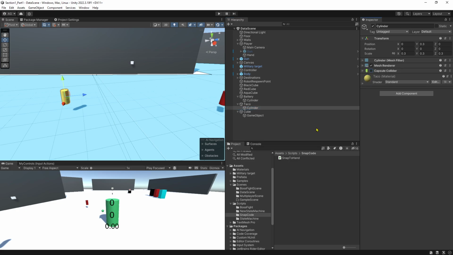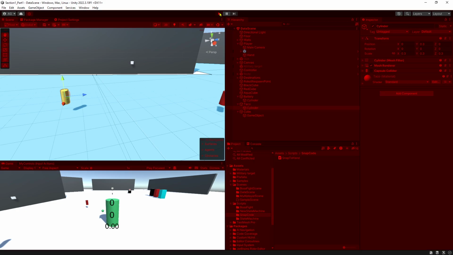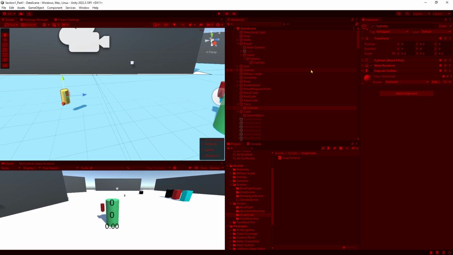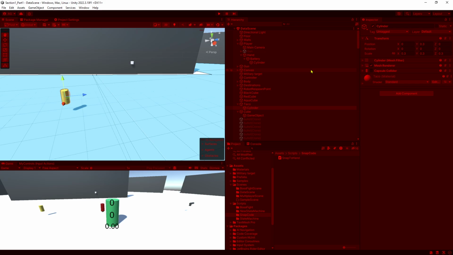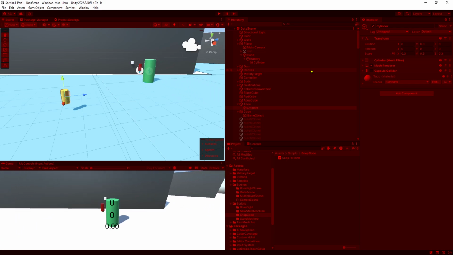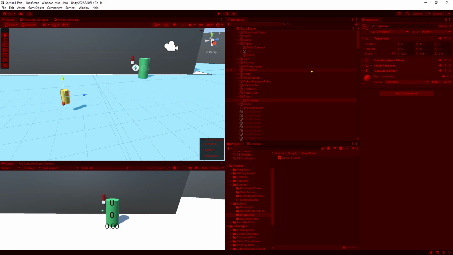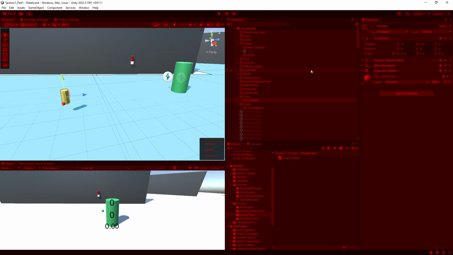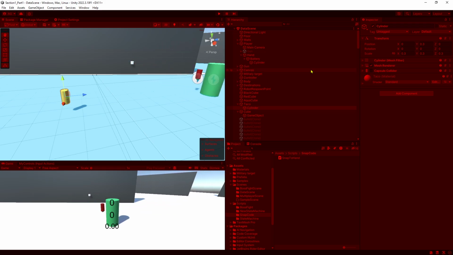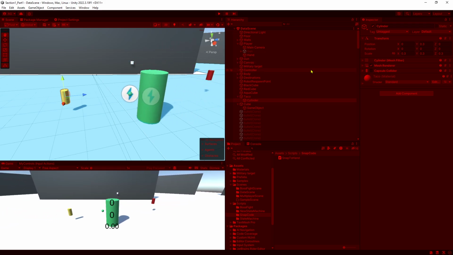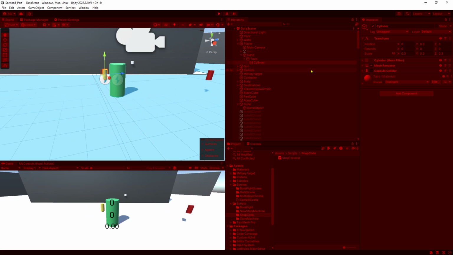So now when we save this and then run it again, we'll pick it up, and now I drop it, and now nothing weird's happening. But now I can pick it up and come over here. And it should be close enough. I drop it off, and it snaps right to there. If I get close again, I can just grab it again, bring it over, switch out the battery for the taco,